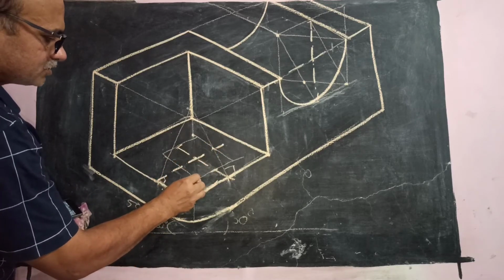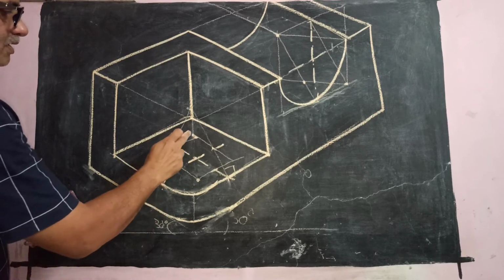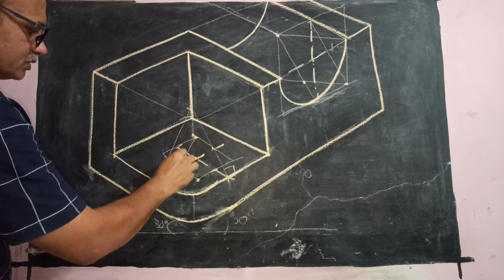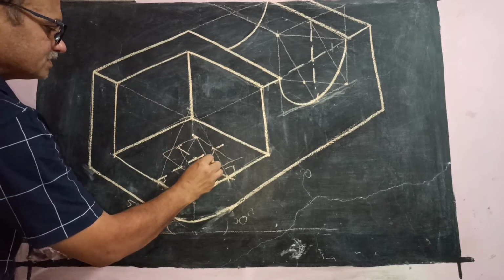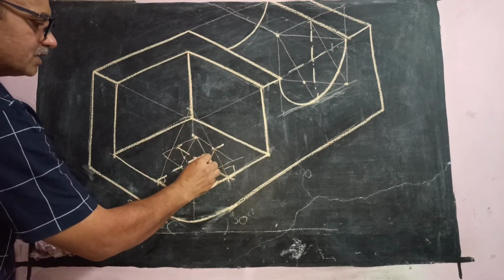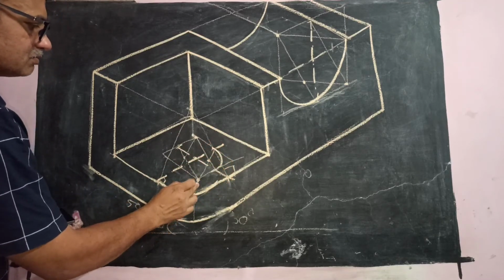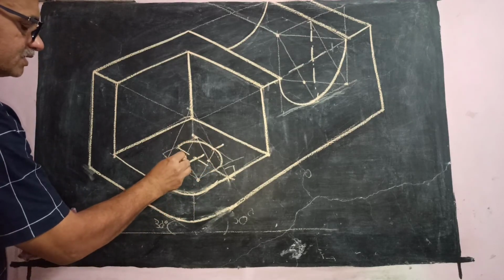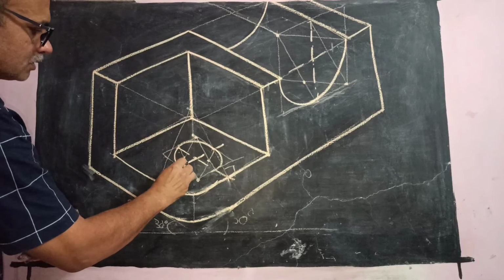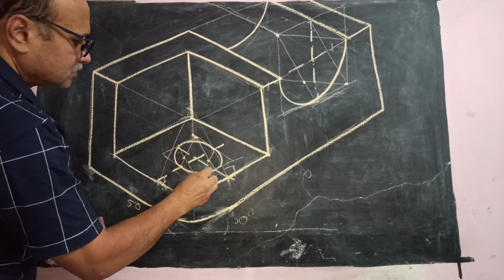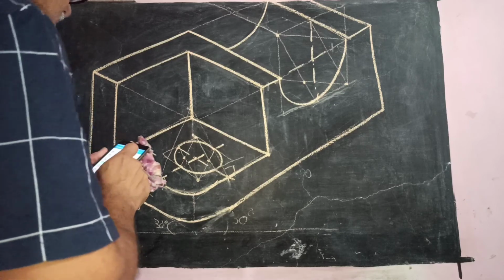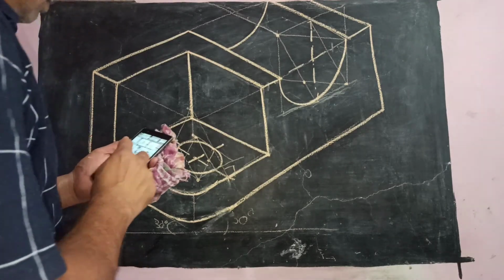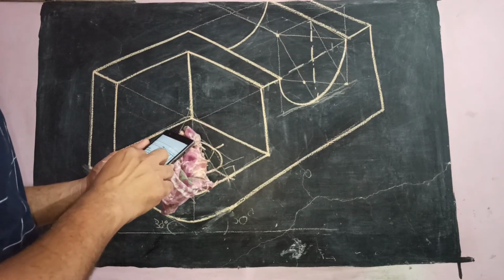So here you can find out these two angles are of 120 degrees. So join the opposite lines midpoint from these two points, and you can get this intersection point here and here. So take this much as center up to this, take this much as center up to this, take this intersection point as center up to this, and take this center as like this. So this is the solution for the problem, figure number 5, this one.